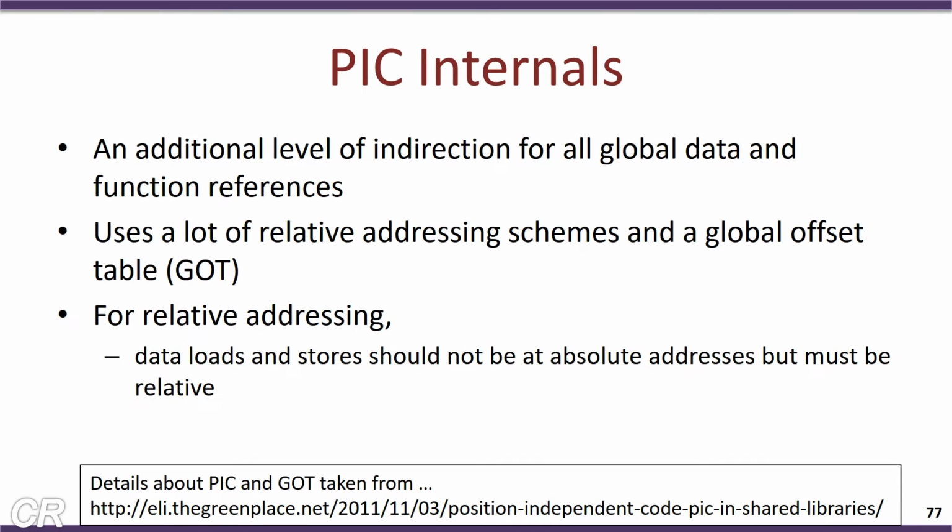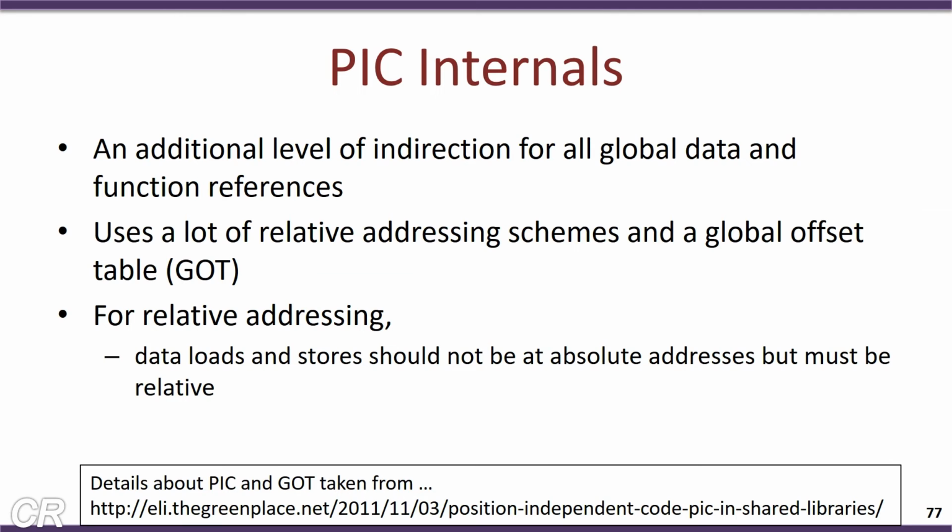So, with this particular technique, libraries can be made relocatable in the virtual address space of the process. Essentially, what is done here is that a lot of relative addressing is used. Additionally, instead of relying on the loader to actually change each and every address in the code, a special table known as the global offset table, or GOT table, is used. We will see how this PIC works and how the GOT table is used to resolve the actual address